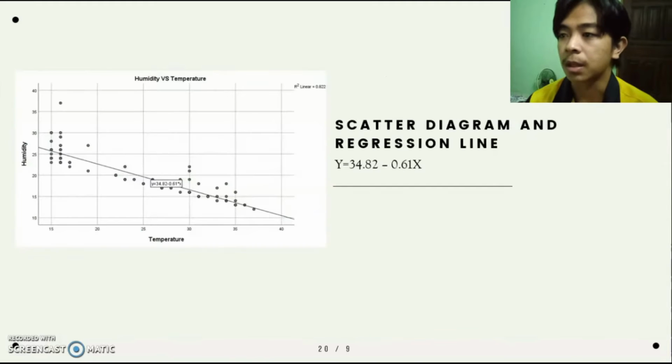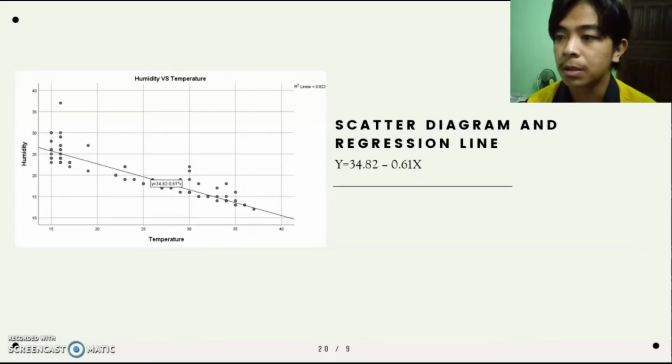And then we have the scatter diagram and the regression line. So in this slide, it shows the graph for the scatter diagram for humidity versus temperature, which is the humidity is in the y-axis and the temperature in the x-axis. And then by using the software, we can get the regression line with the equation of